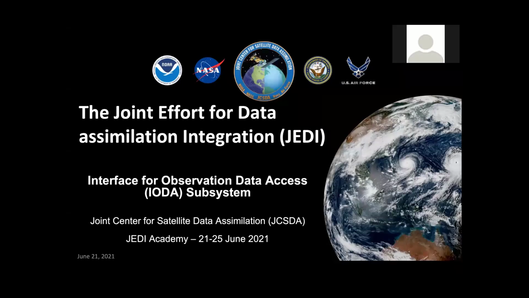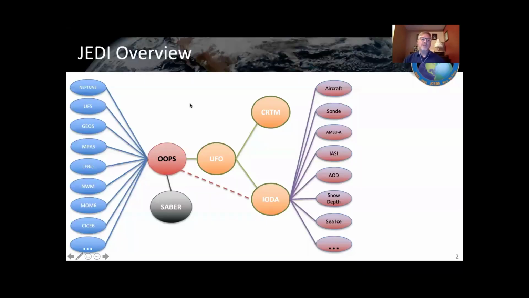Now I want to talk about the IODA subsystem. So the JEDI system, this is a picture that Yannick showed earlier this morning, has all this common functionality and code in the middle of this diagram. And then on the left side, you have all these models that can get attached to the system. And over on the right side, you have all these observation types, measurements from instruments, that can be